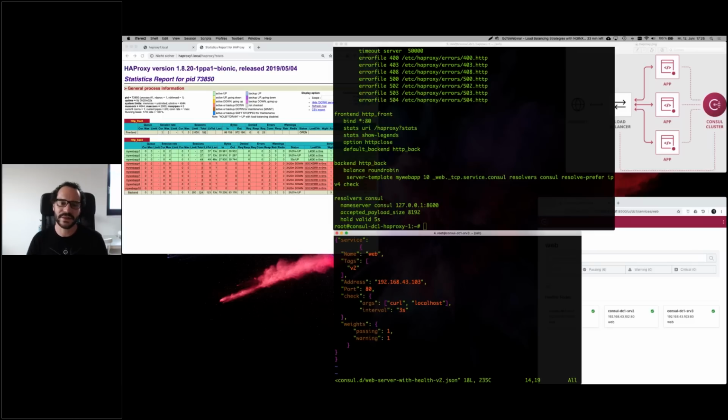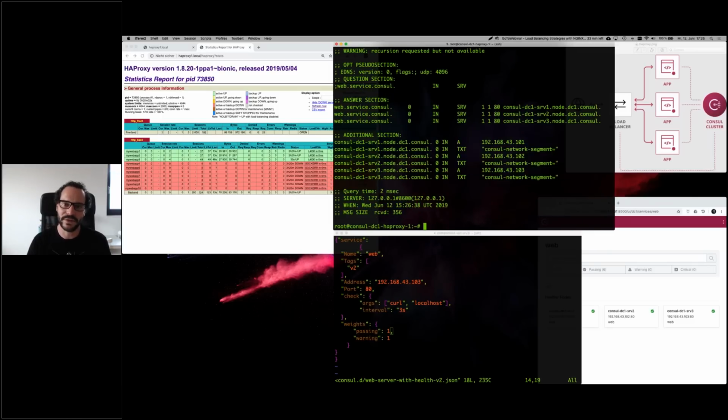And I mentioned that HAProxy is using the SRV record. So currently my SRV record and my weights are 1 for all of my servers. By default, DNS weights are available from 0 to 65535, and HAProxy weights are available from 1 to 256. So you need to do a little bit of a conversion if you want to configure your HAProxy instance based on Consul